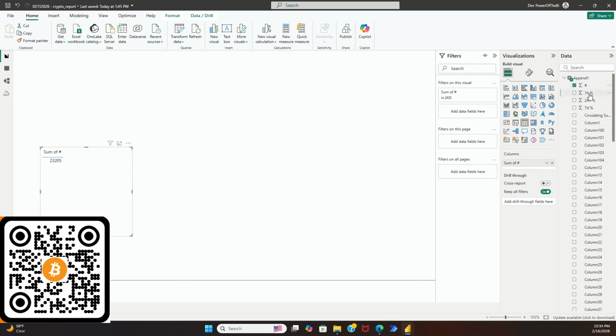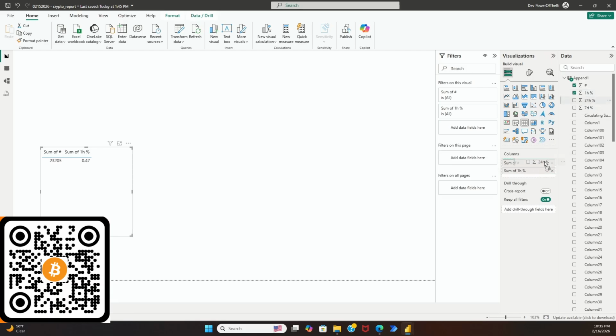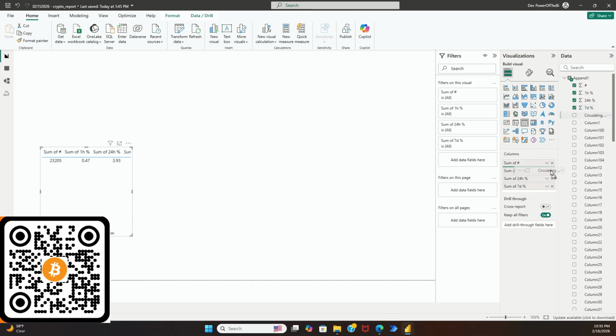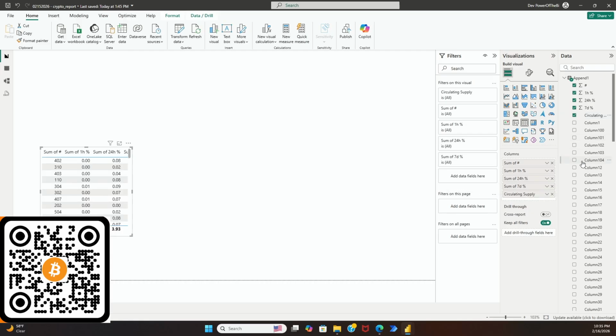I'm just going to bring those columns into this particular visual. So I'm just clicking and dragging and dropping, and we are building a table using Power BI. So if you've gone over to Google and you went to Power BI and downloaded Microsoft Power BI,